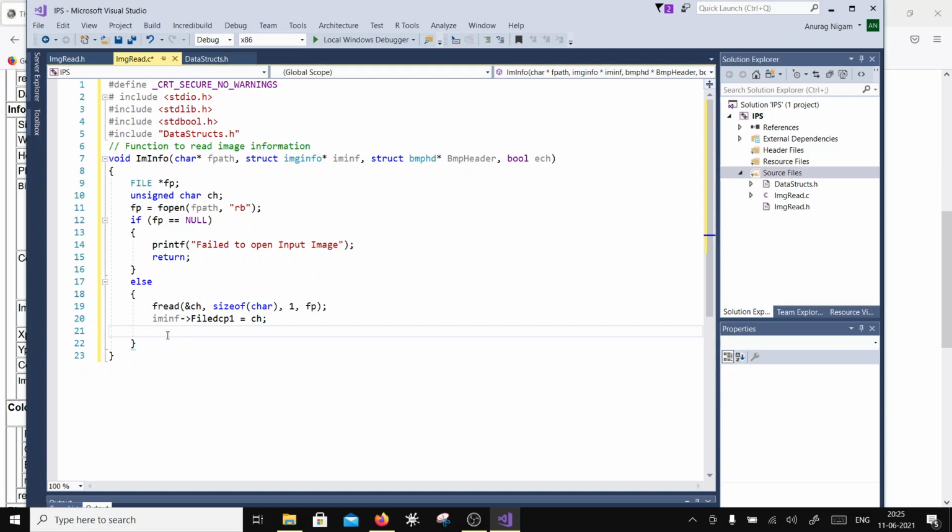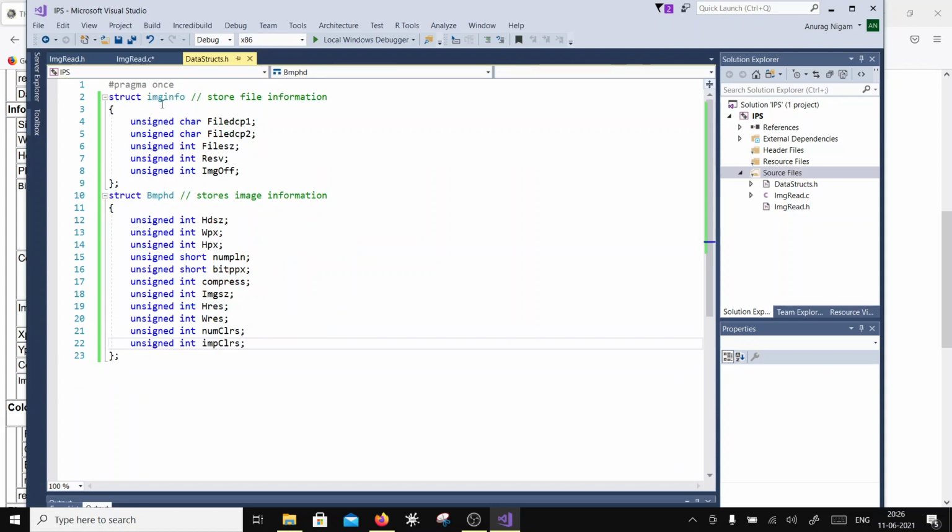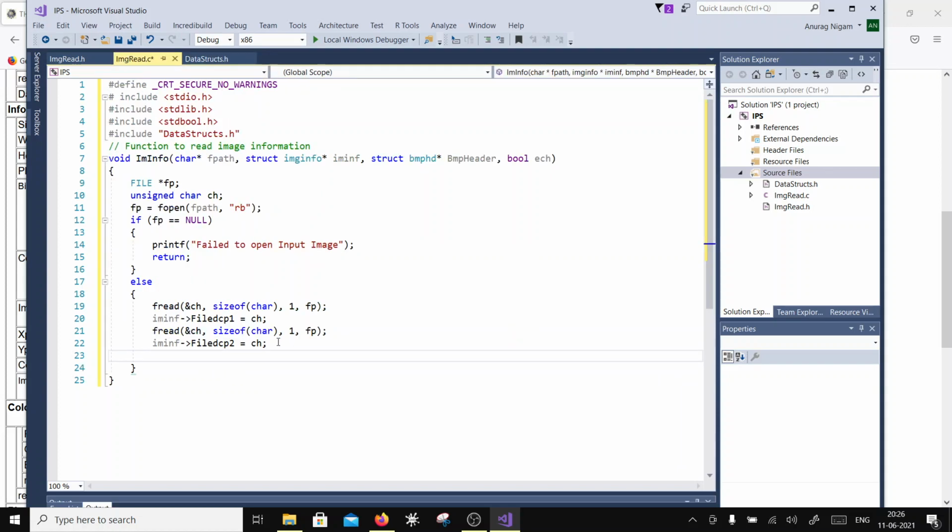Okay, and basically I am doing this because I wanted to separate character by character, right? So that's why I am not reading the structure altogether. Okay, because this is clubbed as a short in the structure, right? So I don't want to mess that up. Okay, let's see the structure. Unsigned character, so I can, right? So why do this? So what I can do is I can directly read